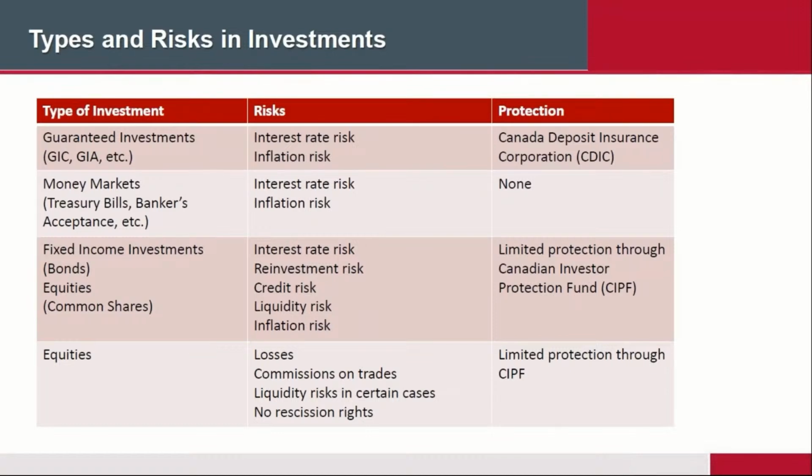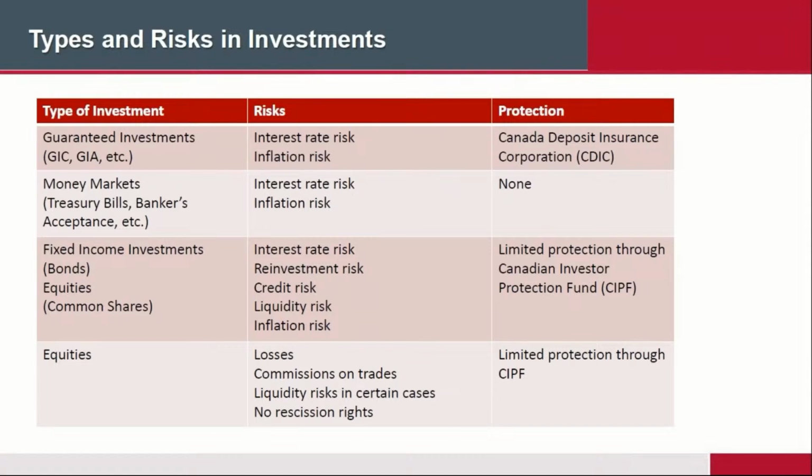Credit risk: if the company goes belly up and creditors are chasing after the money, the secured creditors are the ones that actually get the first crack. So you're not going to get your hands on your money. You may be the last person on the totem pole. Liquidity risk, in that you may not be able to cash these bonds before the maturity date. And of course, because there are some guarantees, you have inflation risk as well.